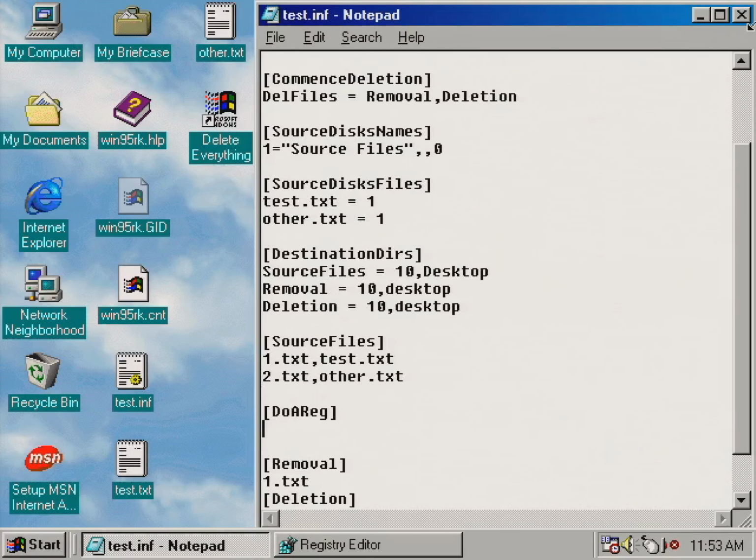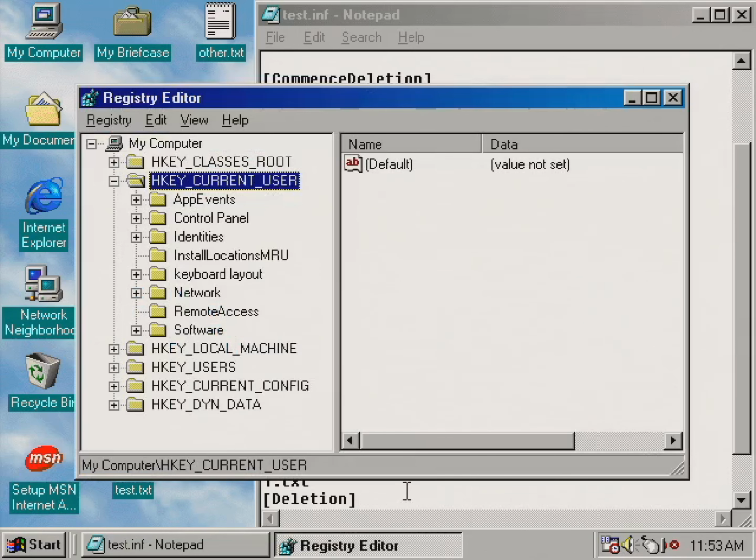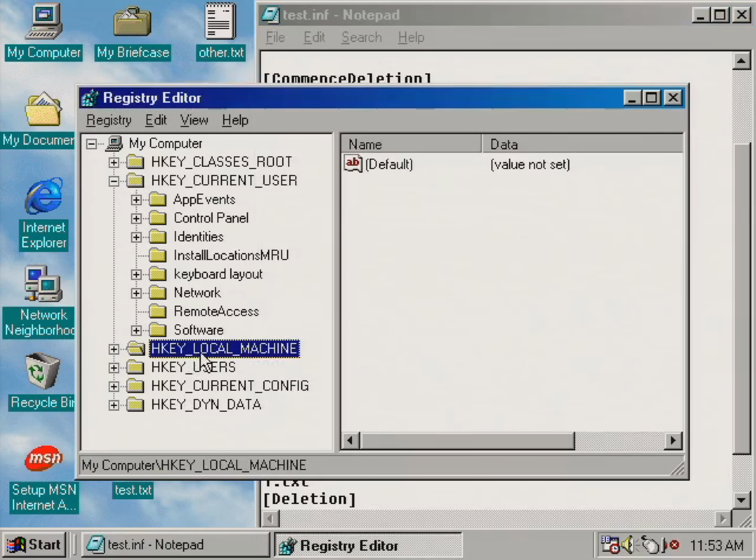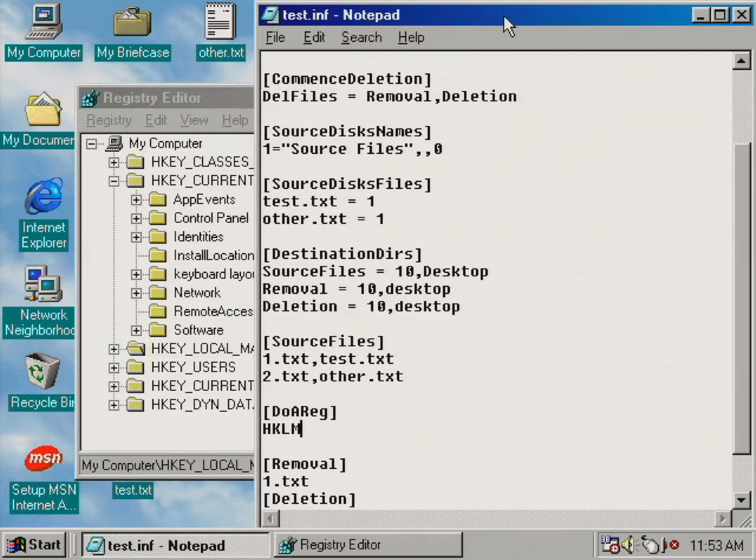to start we have to type in an abbreviation of one of these root keys. There's 5 different abbreviations you can use as far as I know. For HKEY current user you type in something like HKCU, or for something like HKEY local machine you type in HKLM. We're going to do HKCU in this case, and then